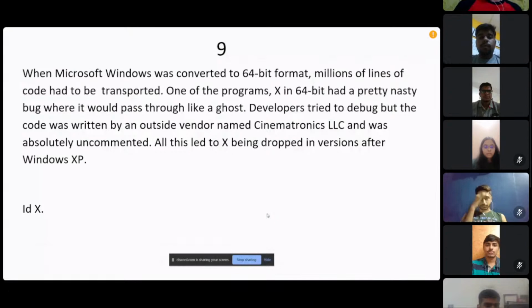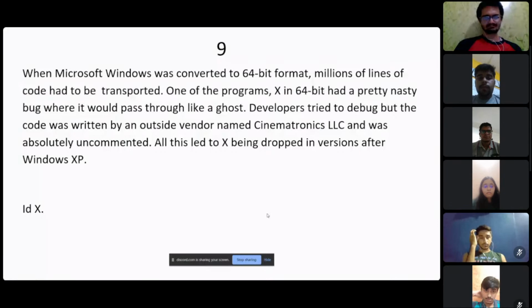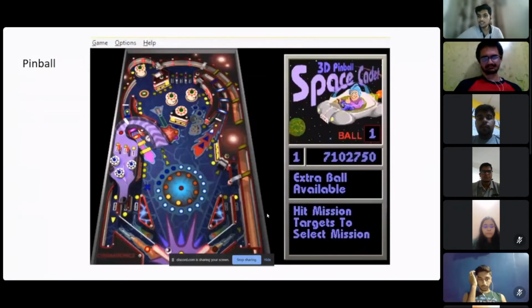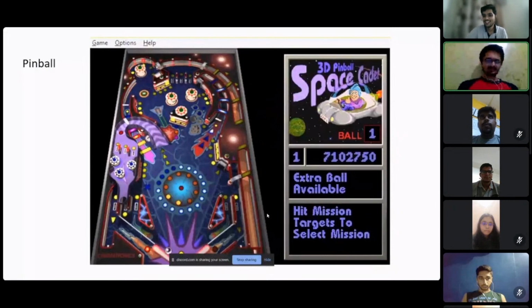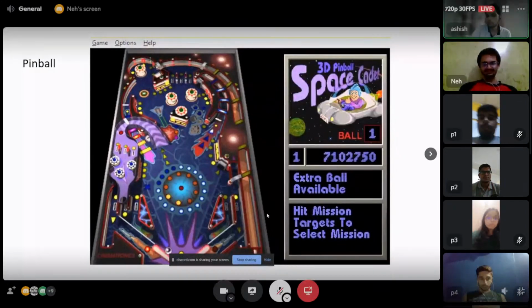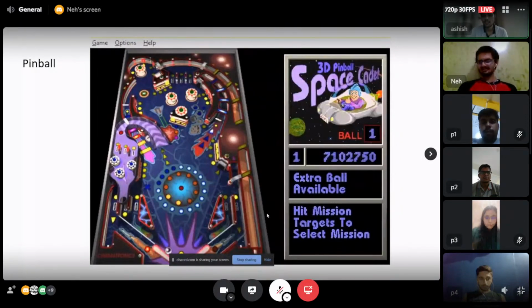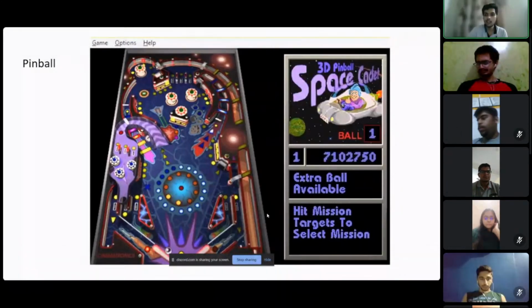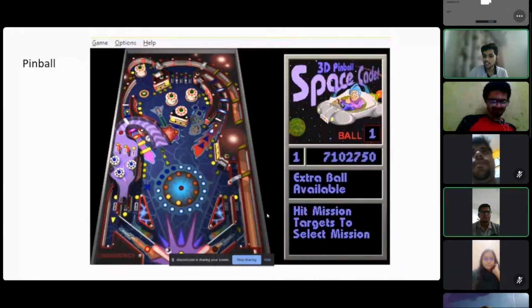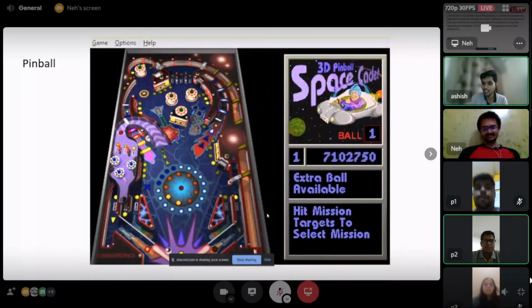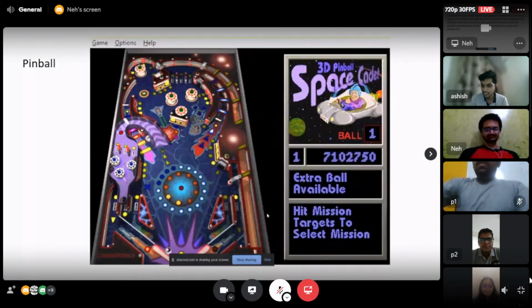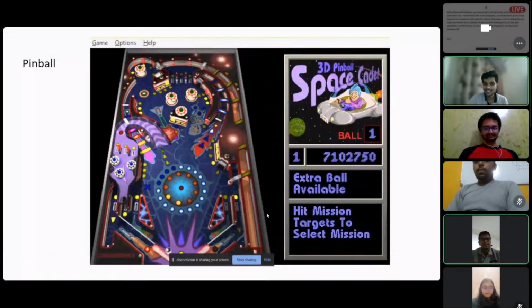Participant 3. Is it pinball? Yes, the correct answer is pinball. So we are closing the question. P1 is left, I think. No one is here, I can see him. So I think every one of us misses pinball in our PCs now. After Windows XP, it was gone, a very famous feature, loved by everyone. So this was the answer. That's why keep guessing, guys. You'll get to it.